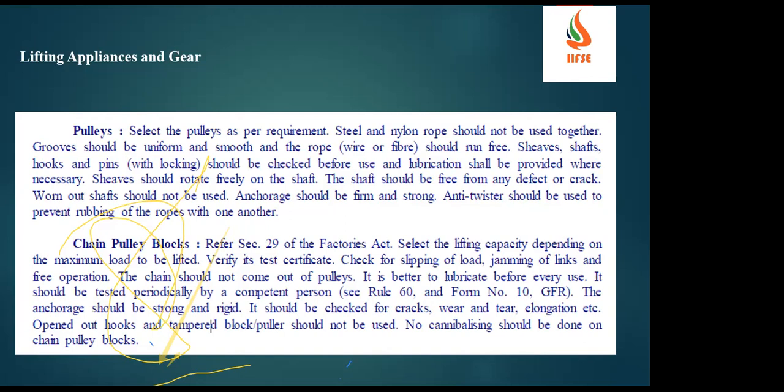And if it is chain pulley blocks, we can have Section 29 of the Act: select the lifting capacity depending on the maximum load to be lifted. In the factory, whatever the capacity of the chain pulley block, that must be verified, only that load we can apply on it, and verify its TPI certificate. If people are bringing any chain pulley block, first we have to ask them where is the verification or calibration, the third party inspection certificate, and check for slipping of load, jamming of links, and free operation, and that the chain should not be out of the pulleys. Wherever the chain you are